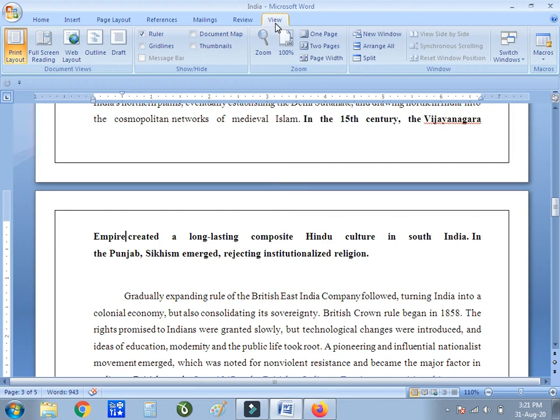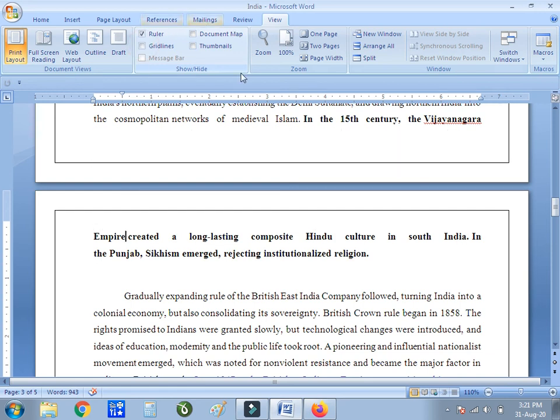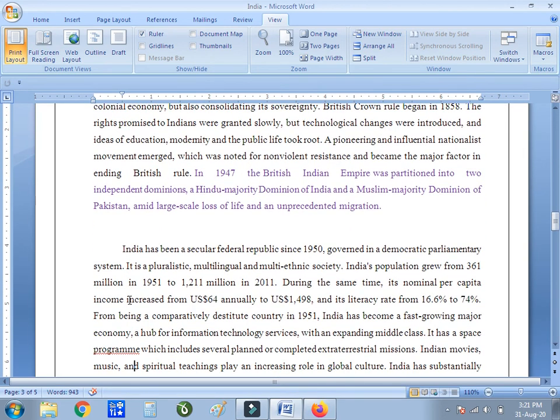In the last option, view, here you can see the different print layouts which we have seen previously at the very start of the video on the bottom side. The same options are available here right now. Then now in show and hide, the first thing I'm talking about is the different page layout systems available. Now suppose if I want to use the grid lines, automatically the grid line structure will be available.